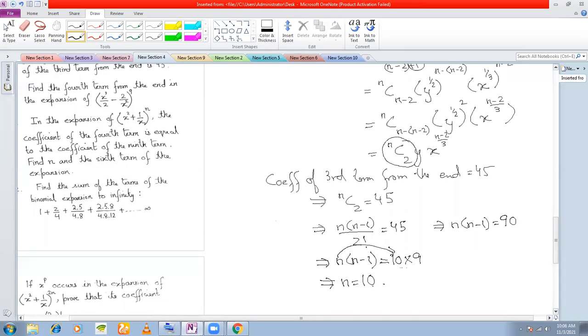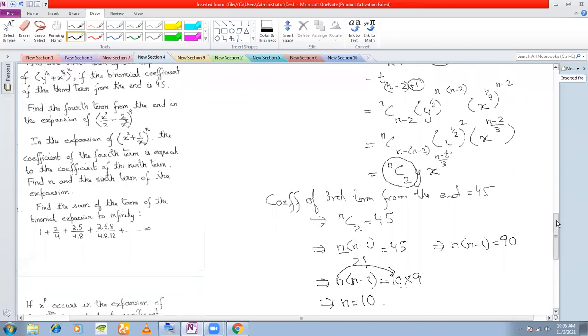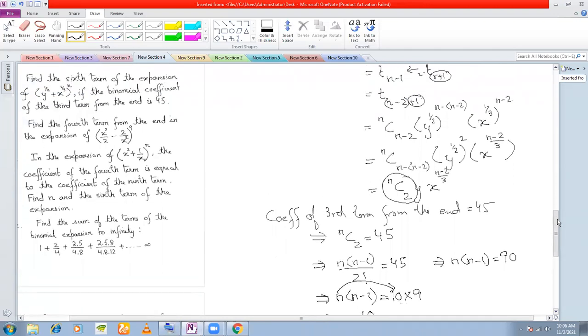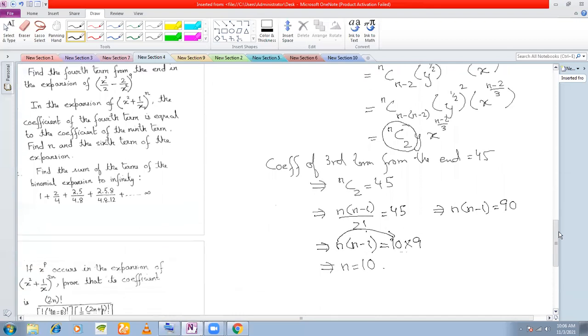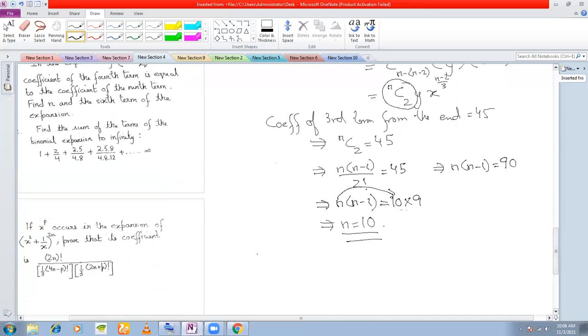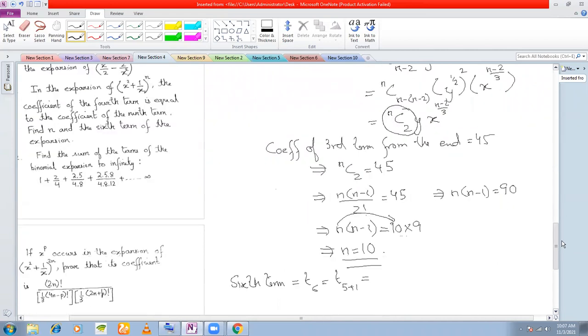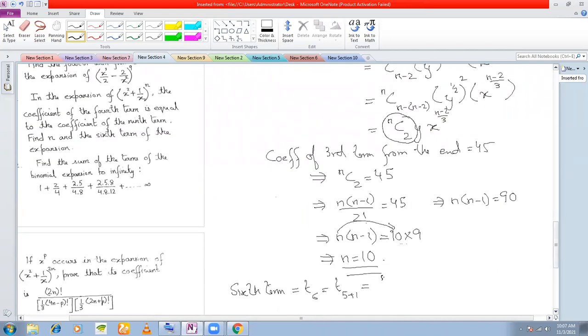Fine. So we have got the value of n, but that's not the question. The question is to find the sixth term in the expansion. So once we get the value of n, now we can find the sixth term: T6 is equal to T5 plus 1, which is equal to, because we have found the value of n, 10C5 into y to the power of half, that was a,